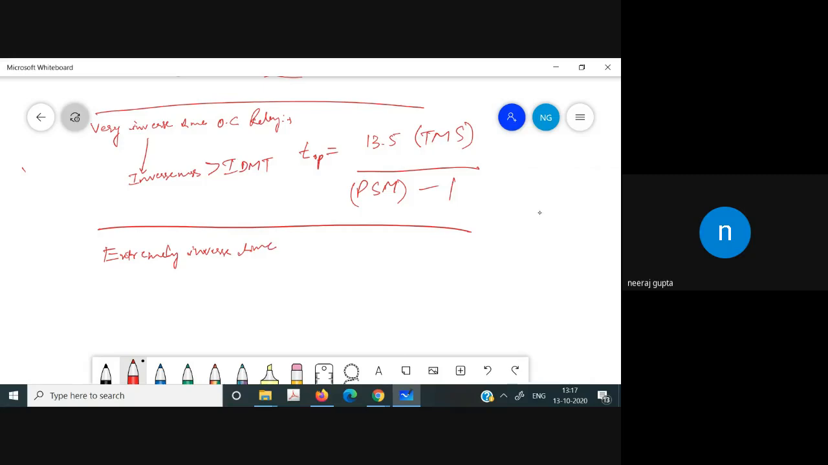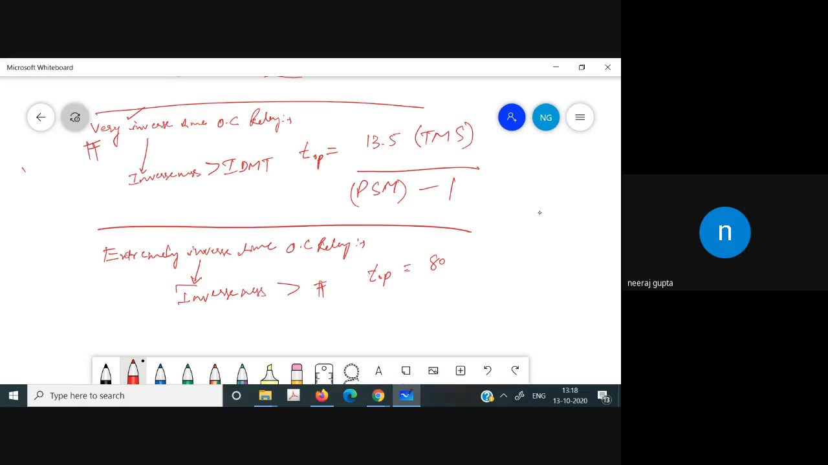Extremely inverse time overcurrent relay. You can say that the inverseness of this relay is higher than the very inverse time overcurrent relay. So it is more inverse than the very inverse time overcurrent relay. And the operating time in this case is given by